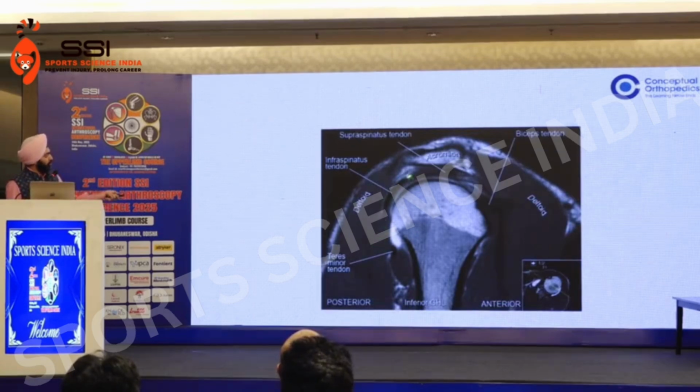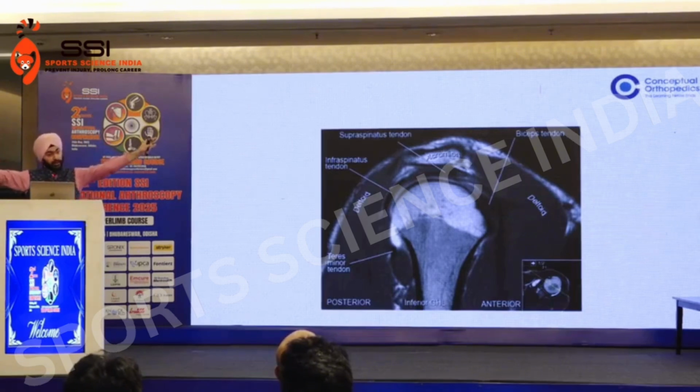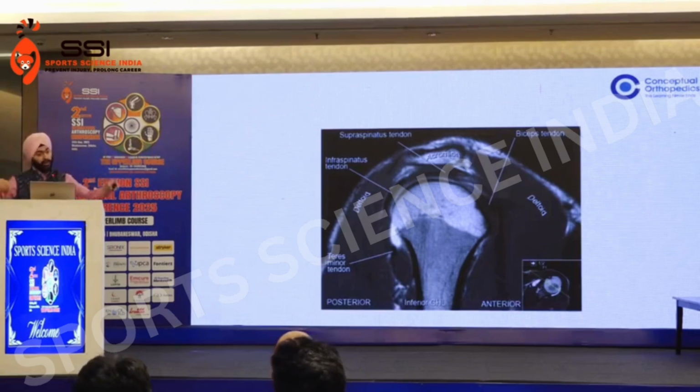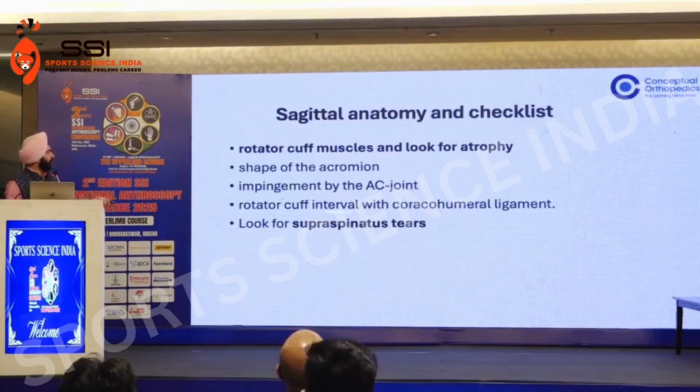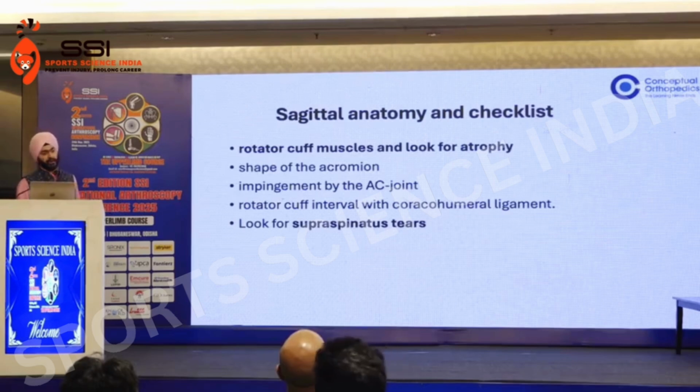You can see the whole rotator cuff coming from anterior to posterior in the lateral-most section. If there's a cuff tear, there will be discontinuity in this cuff. This cuff should cover the humeral head in its entirety. So you want to see the cuff tear in both the sagittal section and the coronal section so that you can correlate. If your cuff tear is seen in both sections, you are sure that the cuff tear is there. So, cuff atrophy, supraspinatus tears. You may also see some AC joint arthritis or edema in this sagittal view.